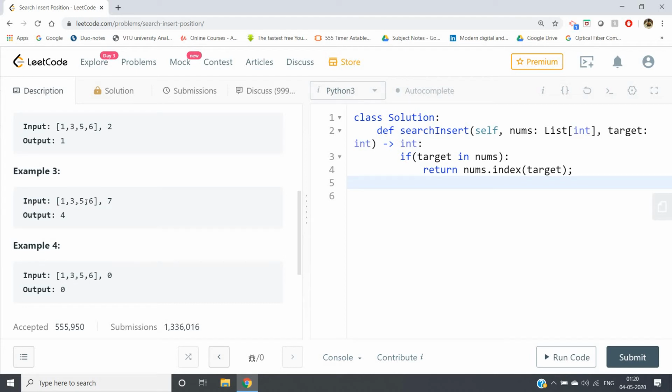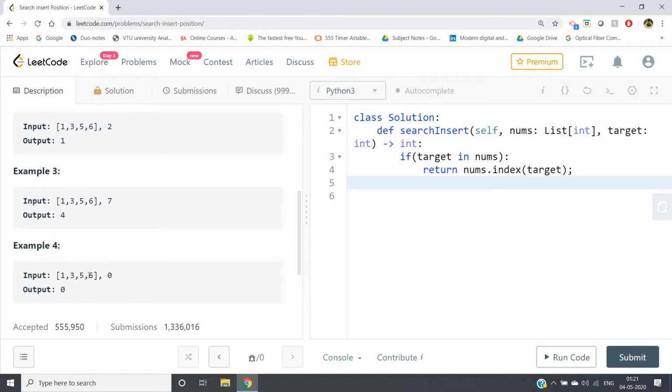Like here 7 is greater than the maximum of our input list, which is 6. Then obviously it has to be placed at the end of the list, that is at the index position equal to the length of our input list. Here the length of the input list is 4, and if 7 is inserted, it will be inserted at the end where index is 4.